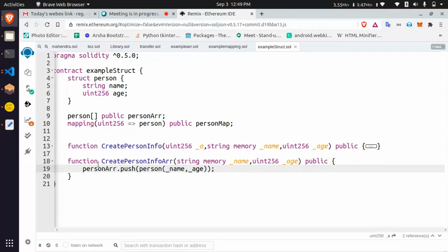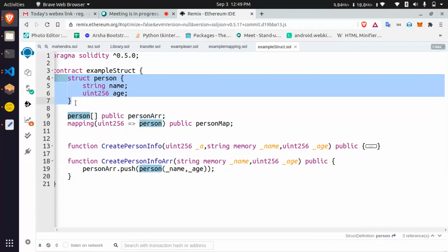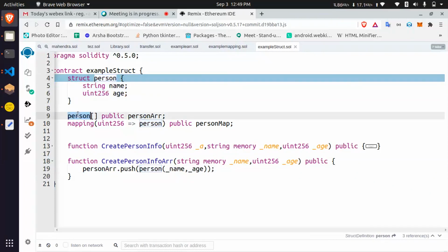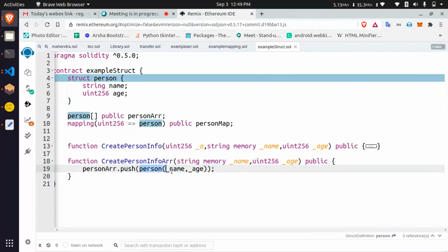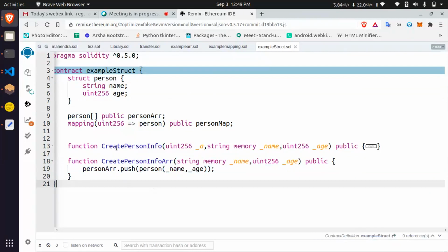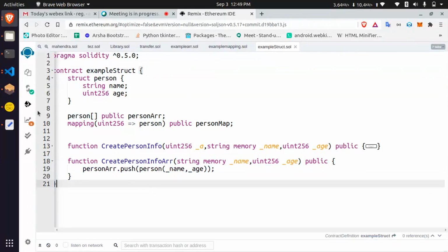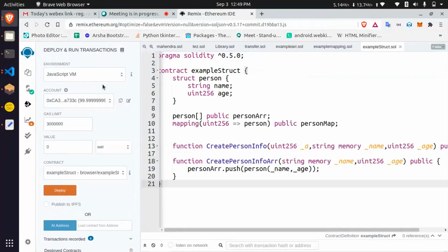Let's see. What I'm doing is here I am defining this is like one data type structure. I am initializing that data structure, and then I am defining this is the array of data structure. So I was assigning one new variable. Inside that variable, I am pushing that struct info. Okay, let's see how it is looking. Compiled, no error. Okay, let's see. So I'm deleting deployed.